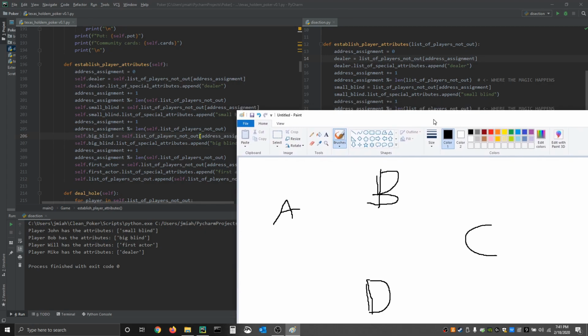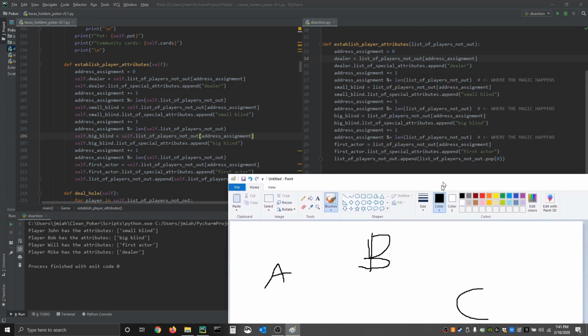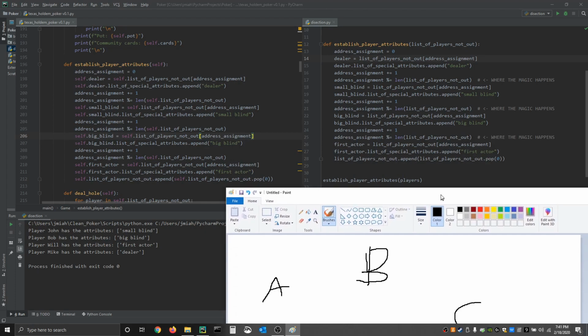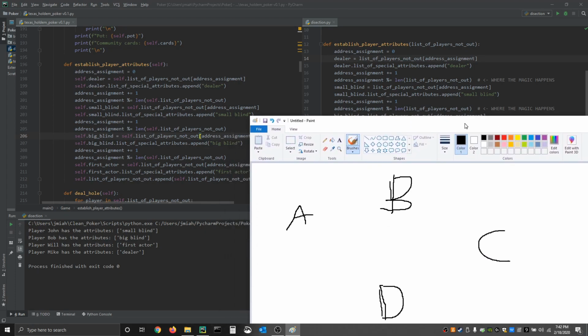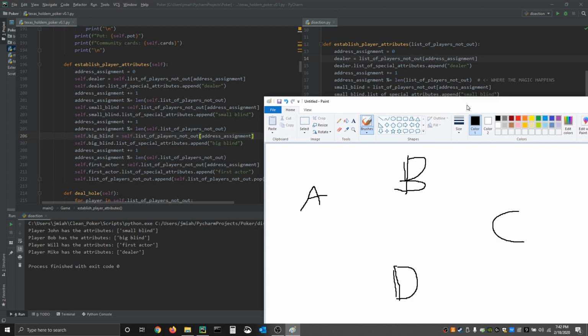And the reason why I made a poker game is because I felt there was a lot of problems that you can solve with coding. Poker has a lot of small things that you can basically problem solve. How do you figure it out? And one of the problems is in poker,